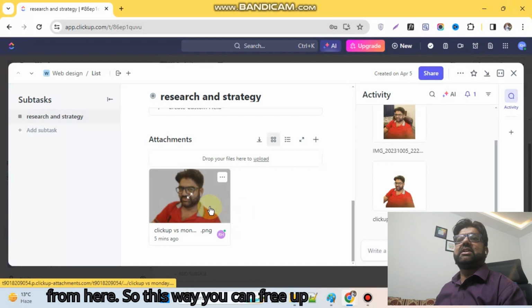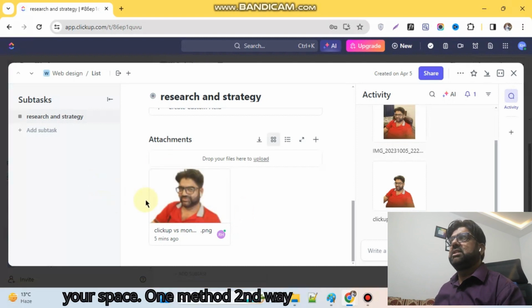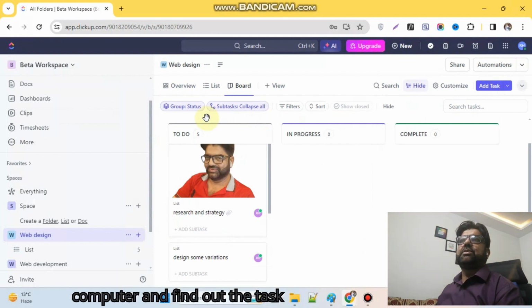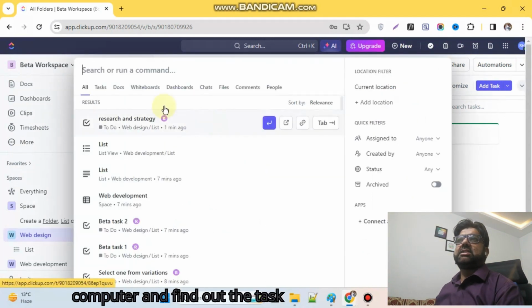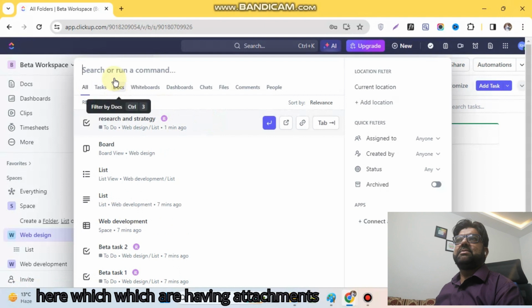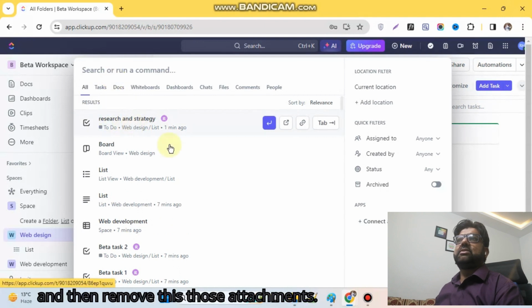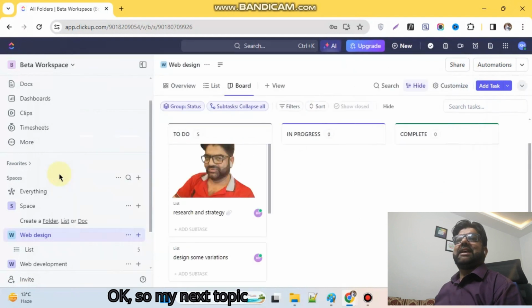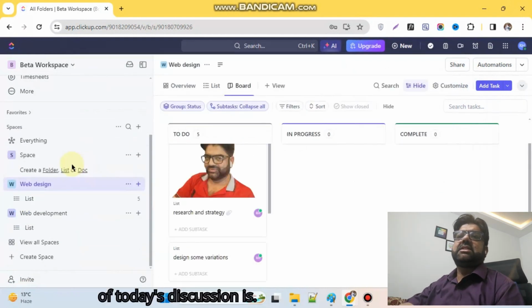So this way you can free up your space, one method. The second way is to press Ctrl K on your computer and find out the tasks which have attachments, and then remove those attachments. Okay, so my next topic of today's discussion is